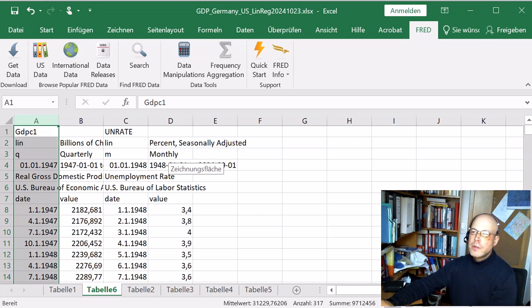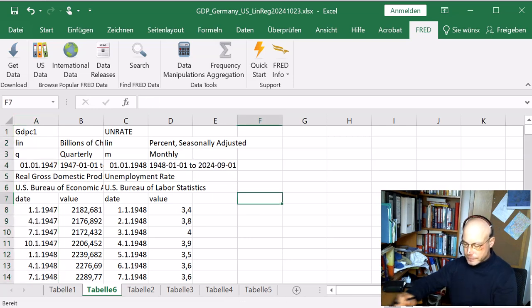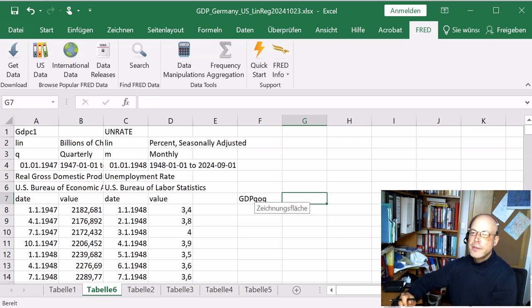And what we want to have now is GDP growth rate with respect to the former quarter. So GDP QOQ growth rate, and we want to have the change in unemployment,